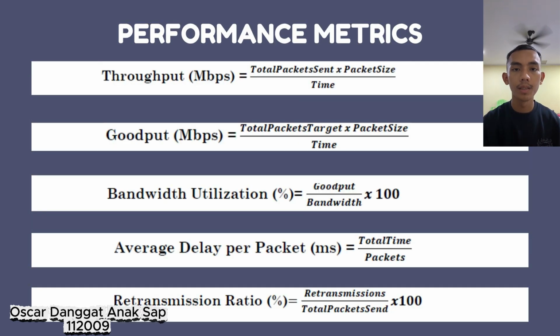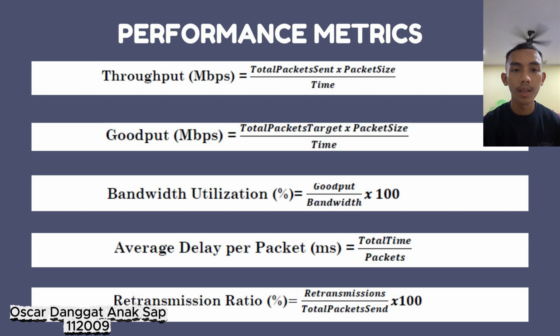This slide presents the summary results for the LAN environment. The values shown are averaged from 100 simulation runs. Under good network conditions, go back N achieved the highest throughput and goodput, reaching approximately 57 Mbps and 56 Mbps, respectively. Selective repeat also performed well, but slightly below go back N. In contrast, stop and wait recorded the lowest throughput and goodput because it waits for an acknowledgement after sending each